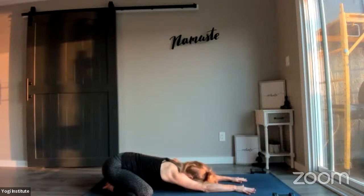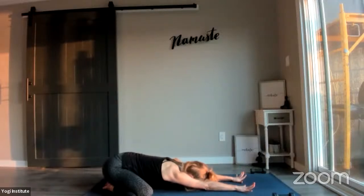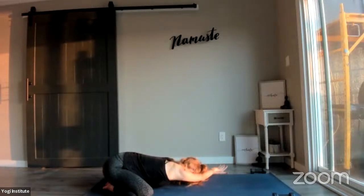and your exhale release. And again, feel your inhale expand, and your exhale release. Let's inhale, lengthen the fingertips a little bit more forward. And exhale, rock your hands over to the left side of your mat, stacking your right hand on top of your left hand,